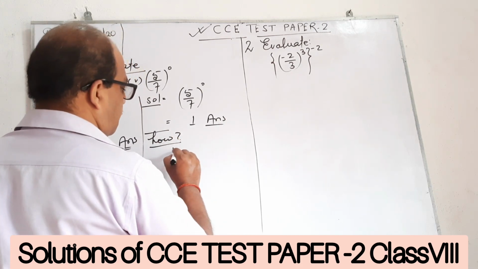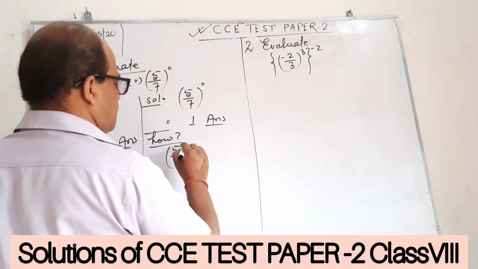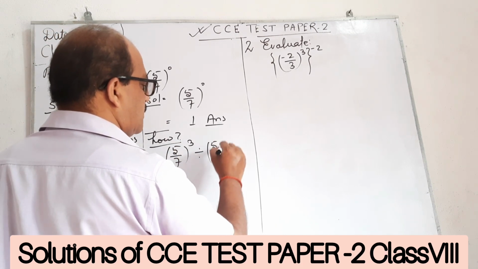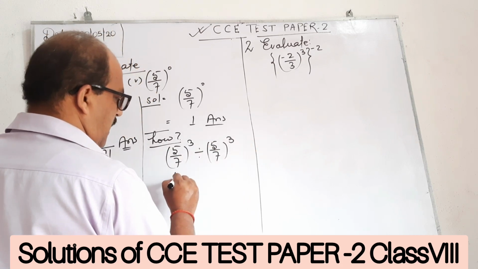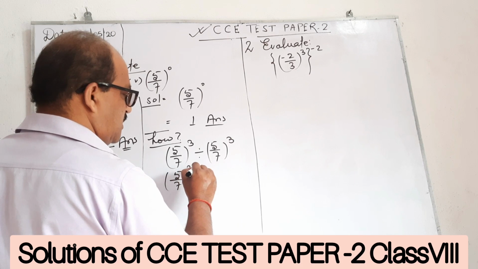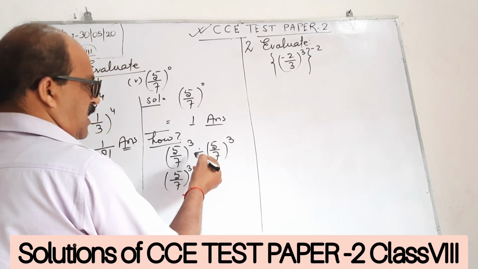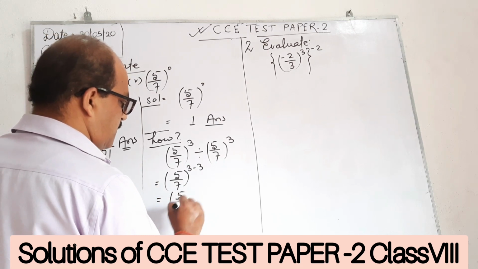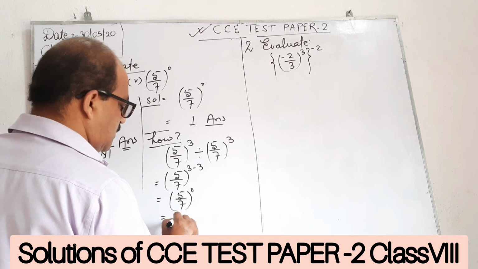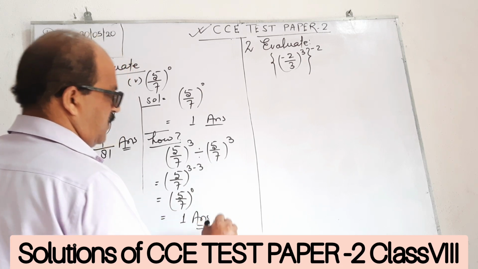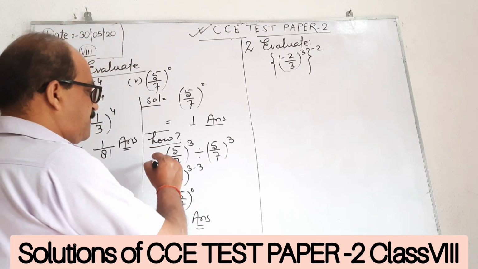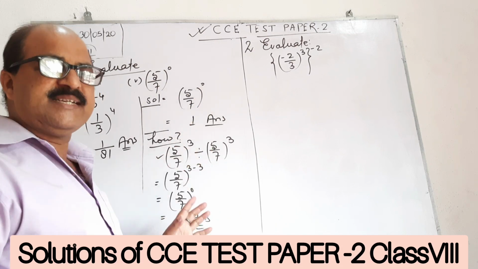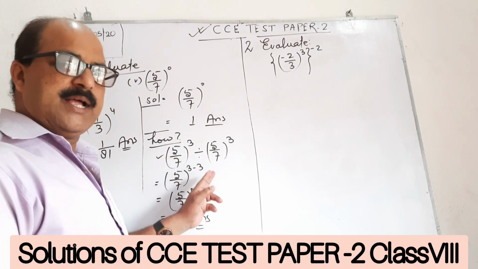Very simple. Suppose 5 by 7 to the power 3 divided by 5 by 7 to the power 3. In such a case, in division the exponents will be subtracted, and here 5 by 7 to the power 3 minus 3 is equal to 0, then your answer will be 1. Hope it is clear, it is very important, and so many students have failed to do this. They know the value but they can't explain it, so it is necessary for you to learn it.